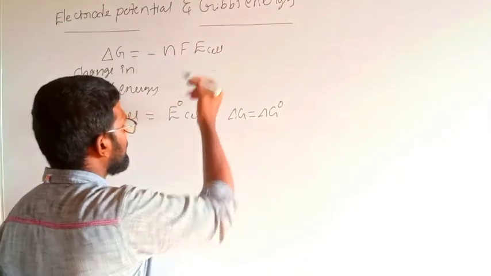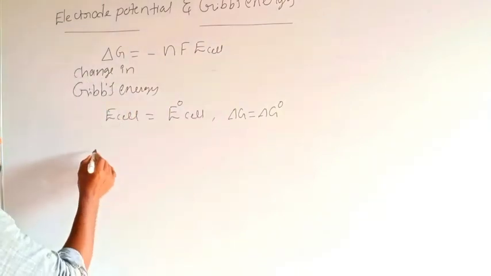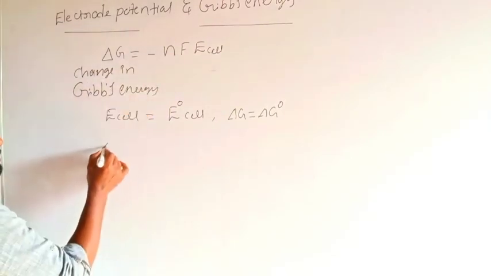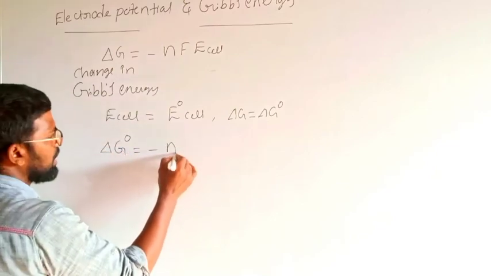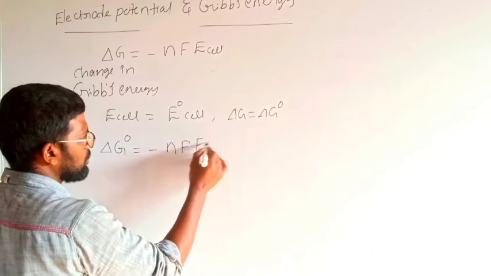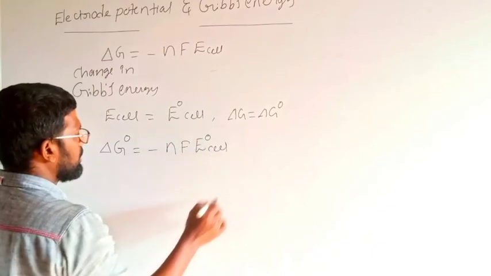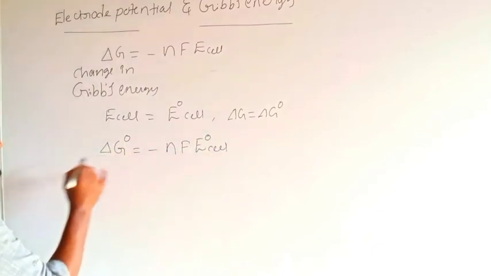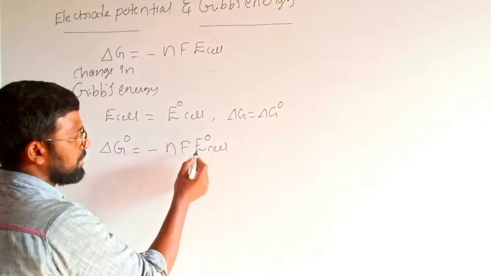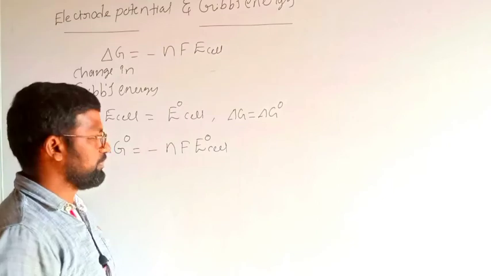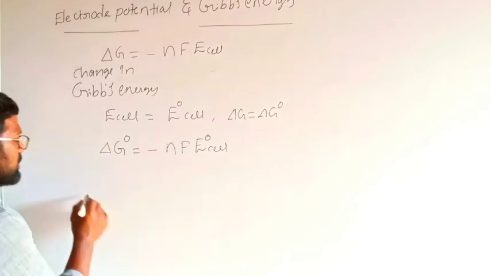So if we substitute these in the previous equation, then we get delta G naught is equal to minus nF E naught cell. That means the standard change in Gibbs energy is equal to minus nF times the standard electrode potential of the cell. Now we know that